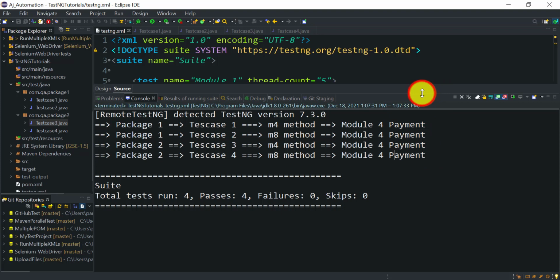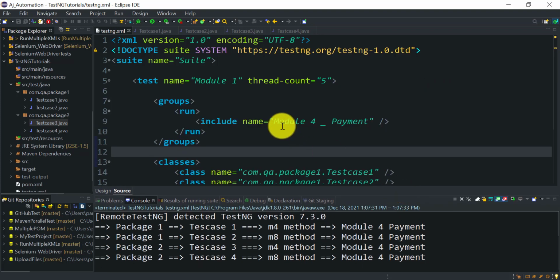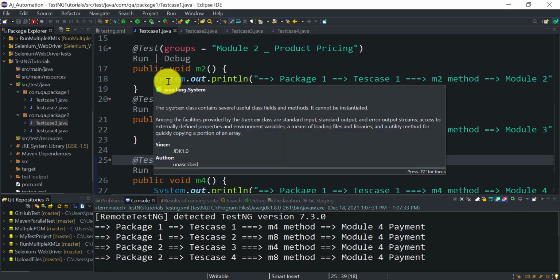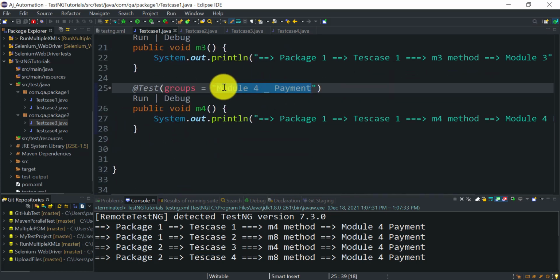So why are we able to do that? Because we have created this module 4 payment group. We have categorized our TestNG methods depending upon their functionality, and we have provided the group name here. So this M4 is a part of the module 4 payment functionality from test case 1. Then from test case 2 we have this M8 method.